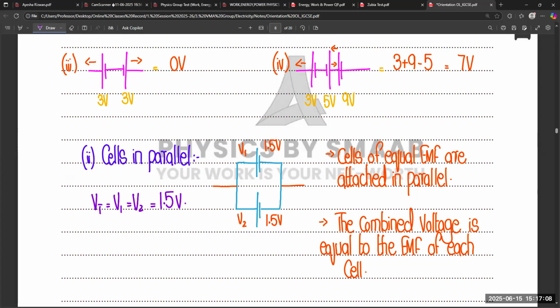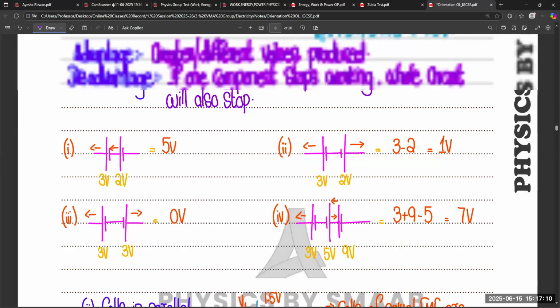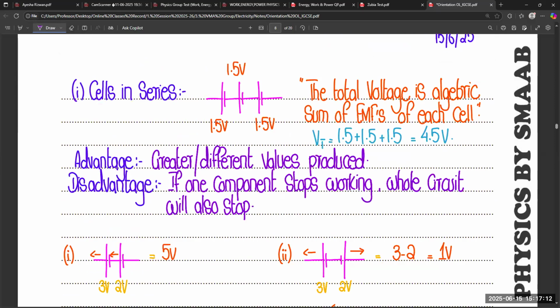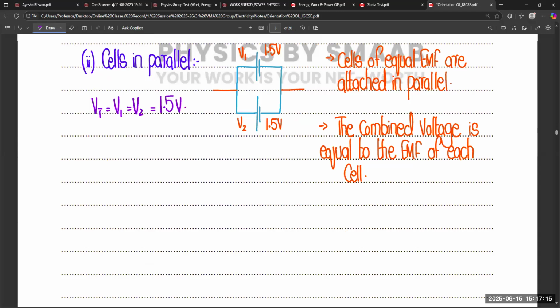For example, in remote controls, we observe that the cell will work for a longer time. So there will be a parallel combination. That's why you will get this, because a remote control does not require very high voltage. They can operate on very low voltage also. So that's why we are using parallel combination in remote controls, because that voltage will be long lasting and you will get the same type of voltage for a longer time.